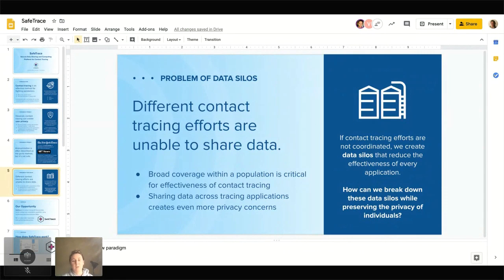One of the other problems with contact tracing is that if you have many different applications doing this, say I'm using one application, my brother's using another, my friend is using another, and these applications are practicing successful data privacy, then they're not going to be able to share data between each other. Unless you have one application that everybody's using, you're going to have this balkanization of apps, and they're not going to be as effective because you can't share that information with one another. So those are the two big problems that we wanted to solve: bringing these data silos together, as well as making sure that the data is private on the back end.